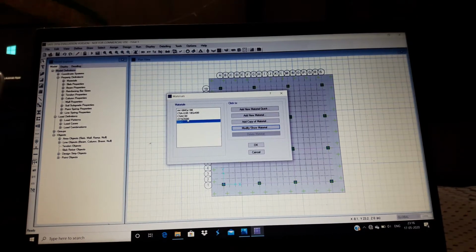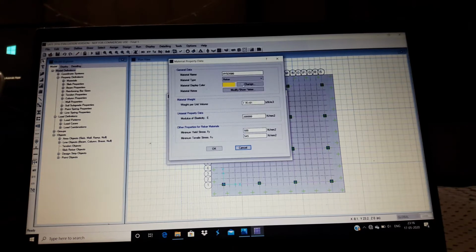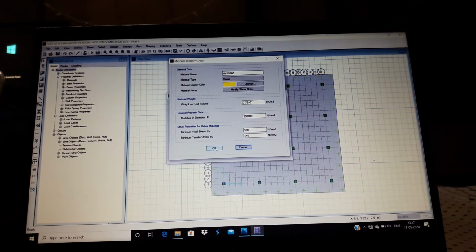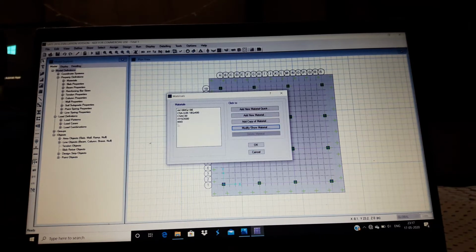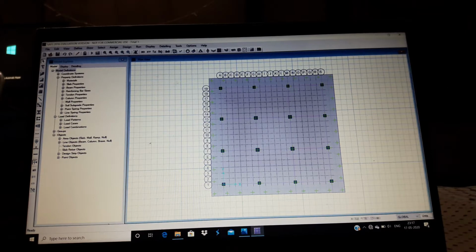For HYSD 500, you can see you need to define all these properties, and then click on OK. Here we have defined two materials and then again click on OK. Now we have defined materials.